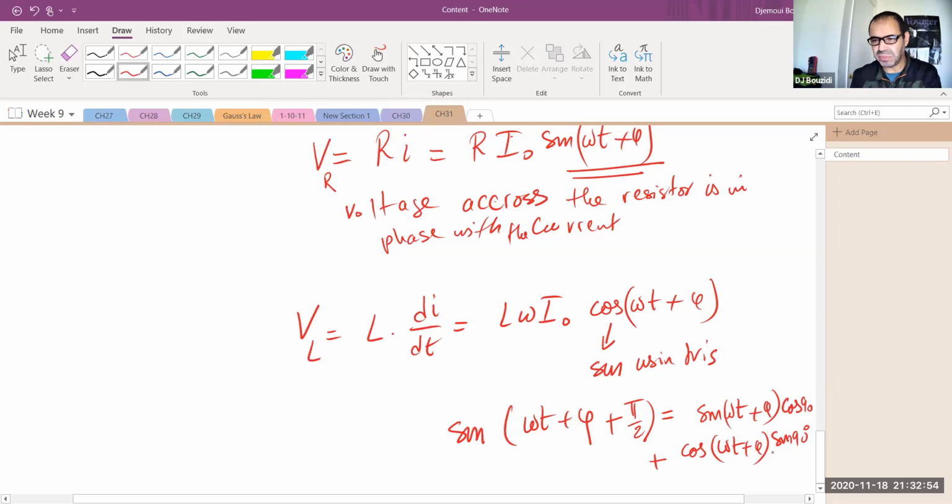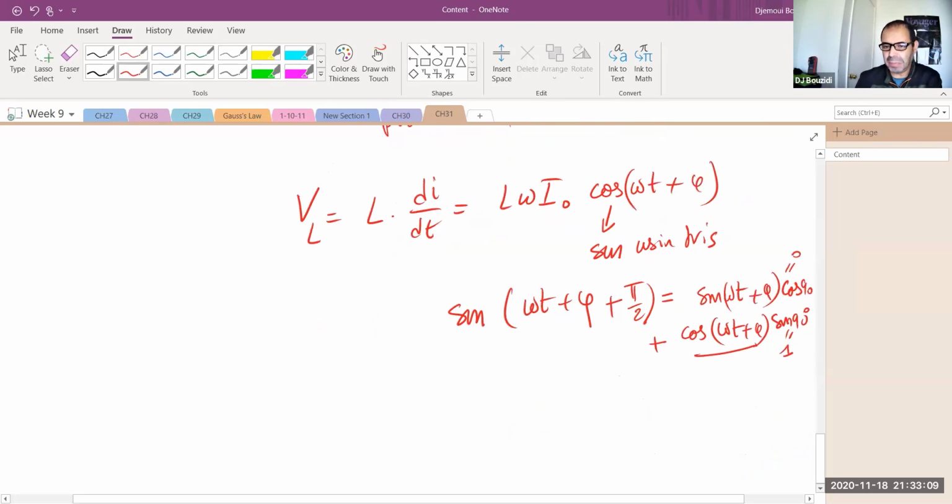Again, this is an identity from trig. This is 0, this is 1. So the cosine that I have in here can be written as a sine, but shifted by 90 degrees in the positive direction. So the voltage across the inductor is ahead by pi over 2 versus the current,